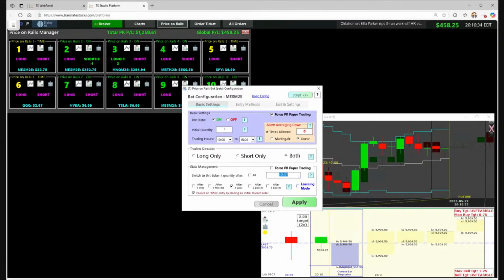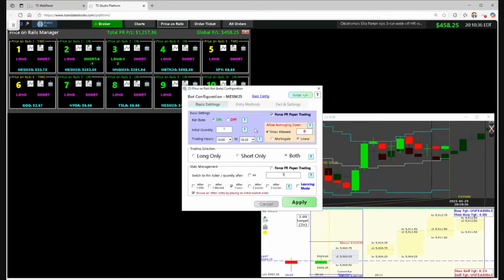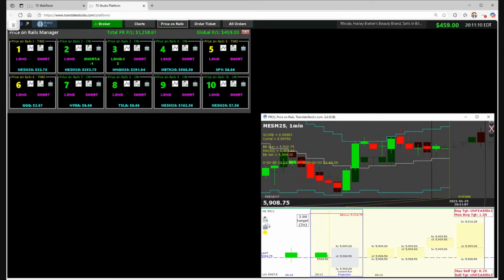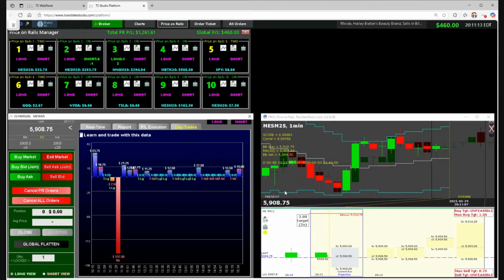Actually, if I type a quantity here like 5, I can just change the quantity instead of changing the contract. So I can use the same contract that I have on the chart, MES, but with 5 instead of 1. But what I want to do here is use the ES because we pay cheaper commission and it's easier for us to understand, with less slippage because it's only one, and there are a lot of different reasons why it's better to trade the ES instead of 5 or 6 or 7 MES contracts. And here are the results that we have for this day.